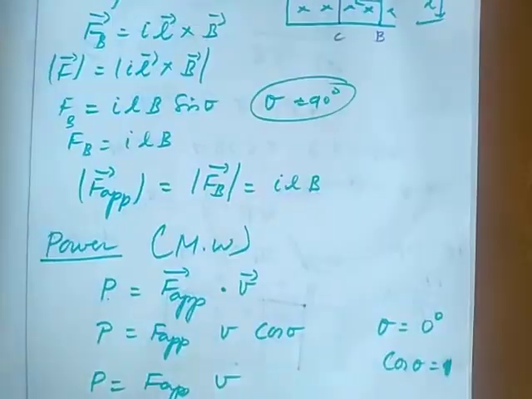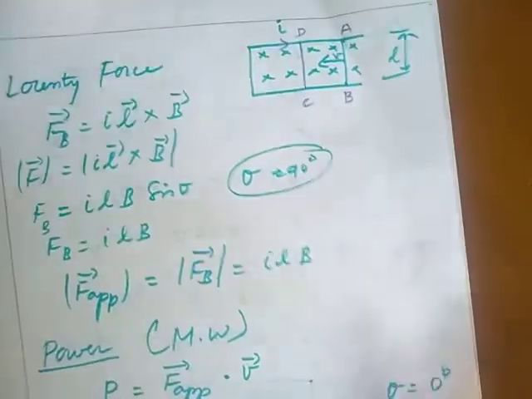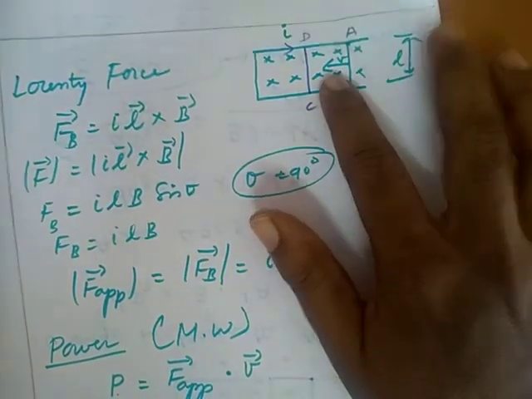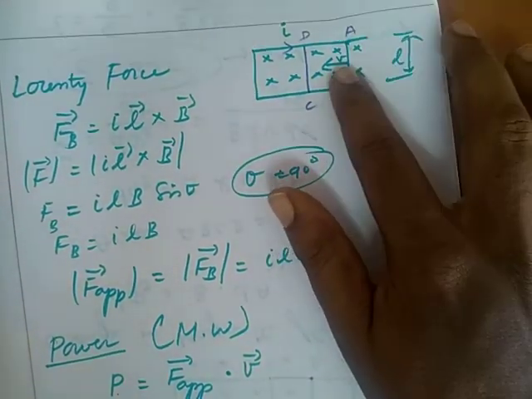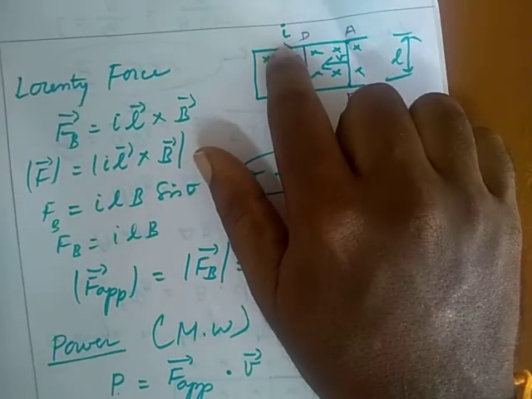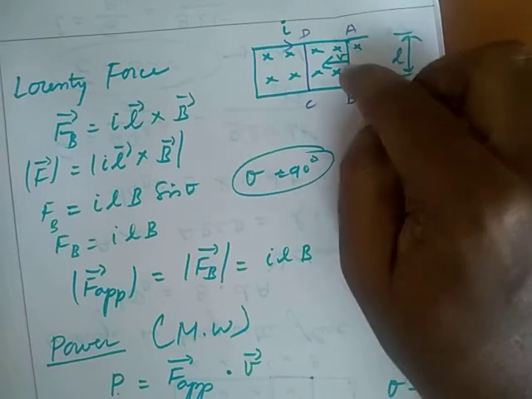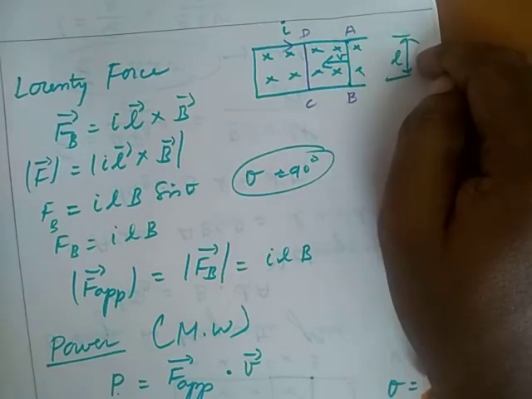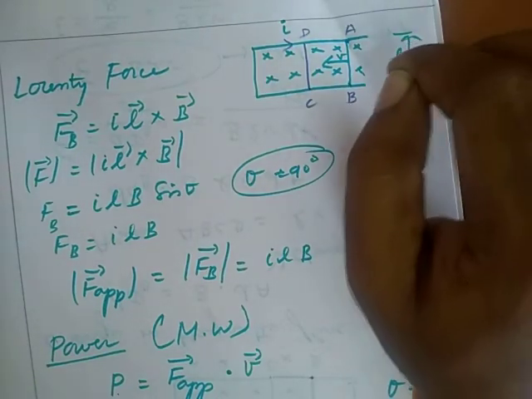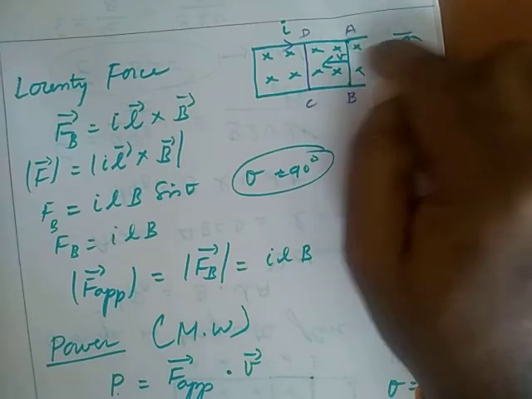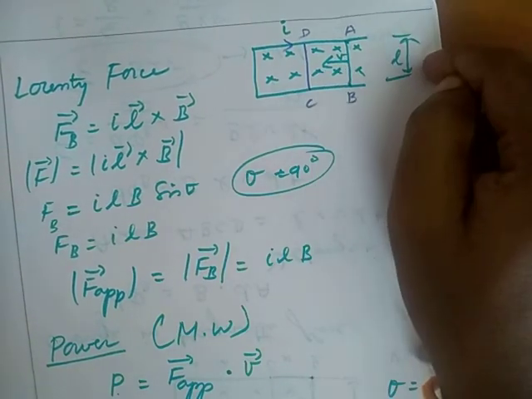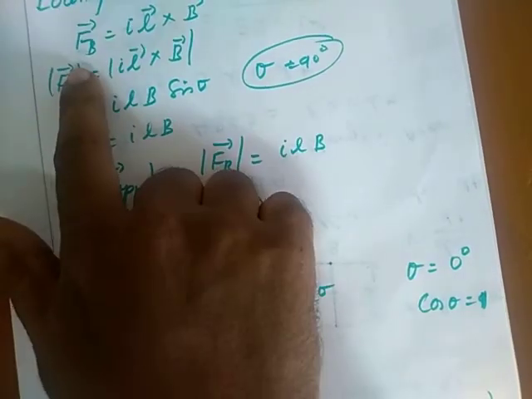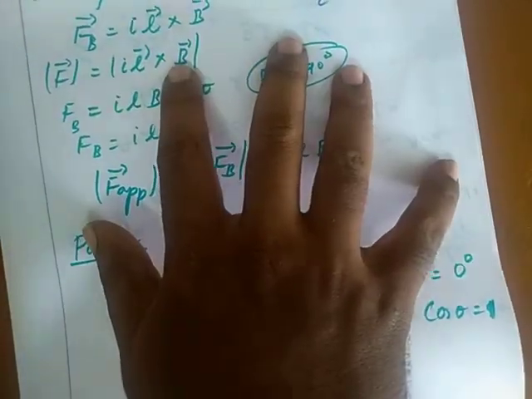Okay, then next we check the energy conservation of the system. We apply mechanical energy to move the rod, then the mechanical energy is converted into electrical energy. Due to this electrical energy, it produces heat in the loop. Here, the conductor moves while carrying current, so it experiences a Lorentz force. By Fleming's left hand rule, we identify the direction of the force, which acts in the outward direction. The Lorentz force is F_B vector equal to I L vector cross B vector.